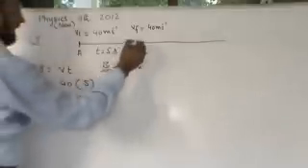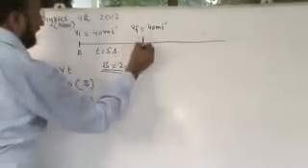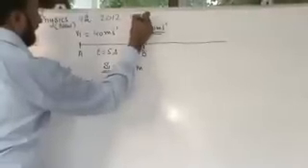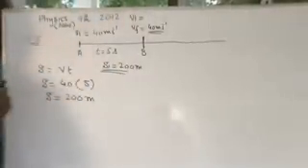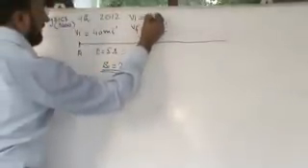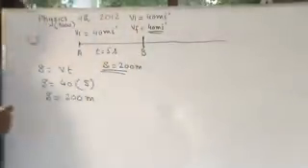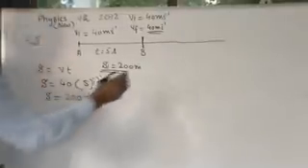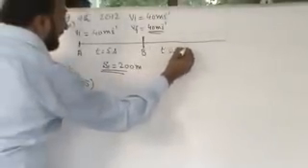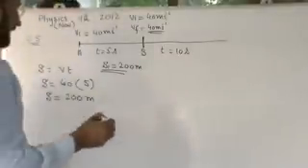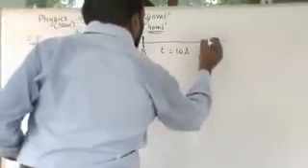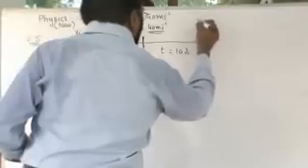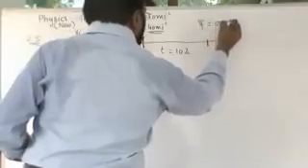Now consider this point, that is point B. Now we will consider this velocity as initial velocity. Initial velocity is equal to 40 meters per second. It comes to rest in the next 10 seconds. Time is 10 seconds. Suppose at this point 10 seconds are completed, so its velocity will be Vf, equal to 0 meters per second.